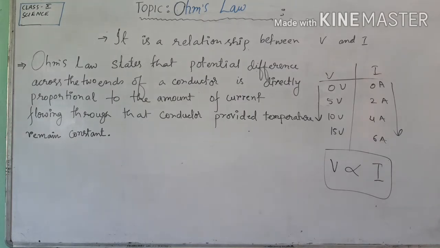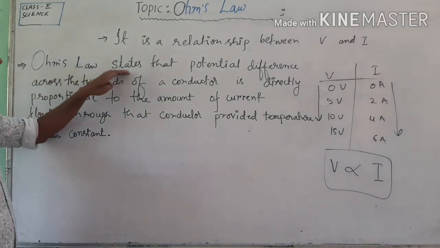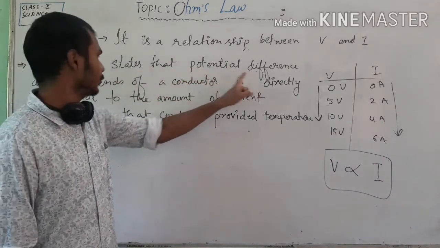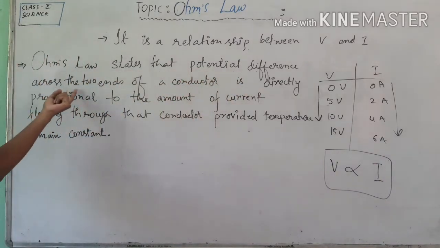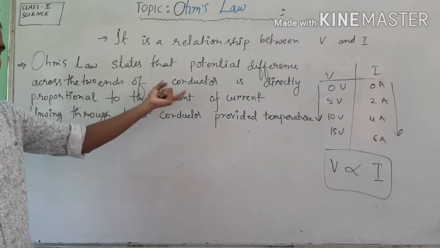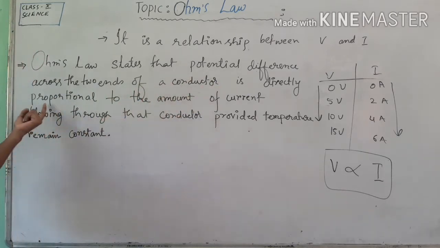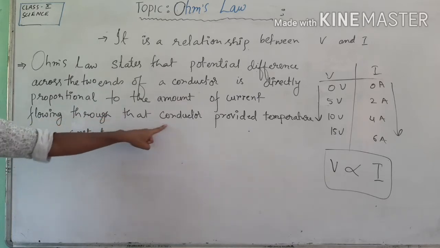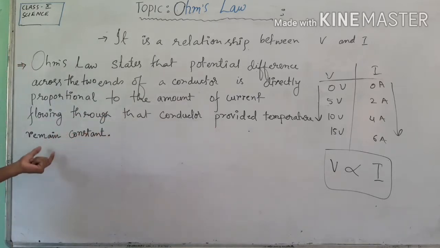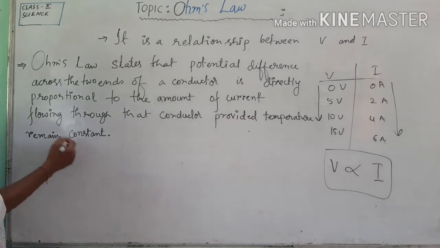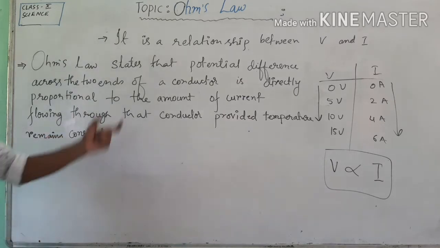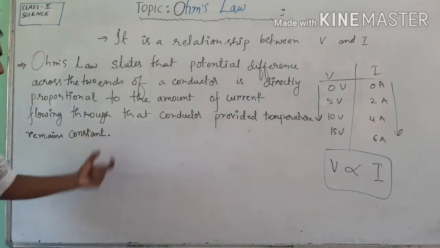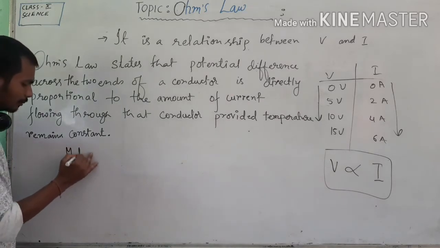So Ohm's law states that the potential difference across the two ends of a conductor is directly proportional to the amount of current flowing through the conductor, provided the temperature remains constant. This is the statement of Ohm's law. Now, mathematically we can write